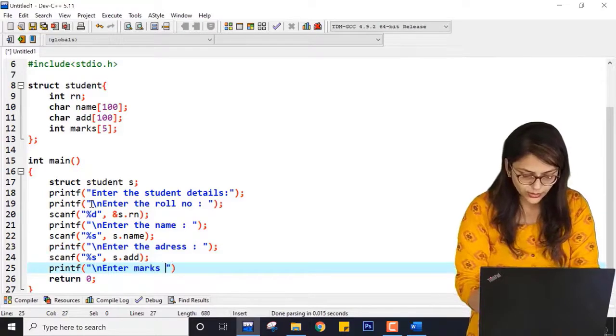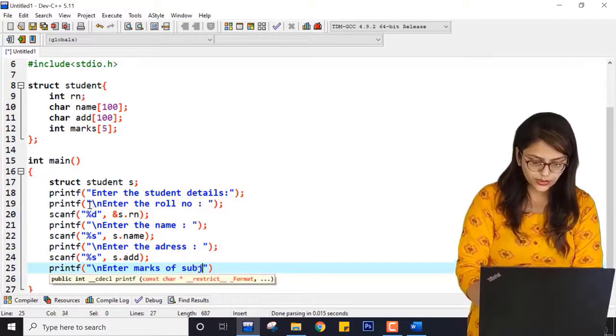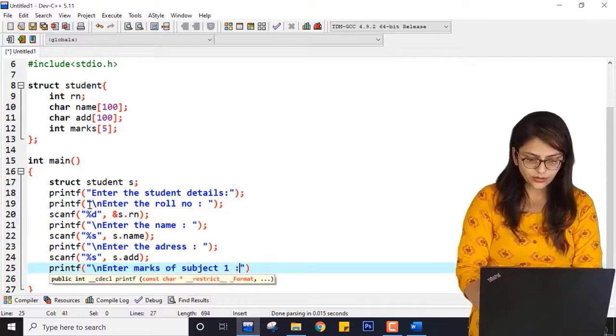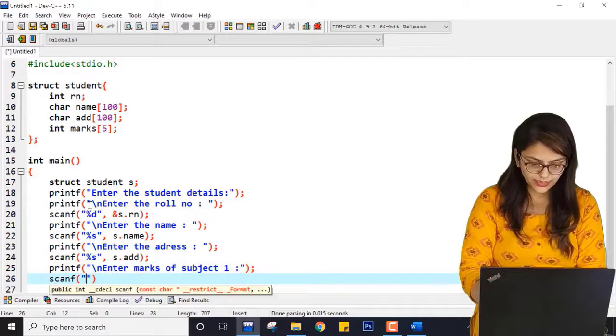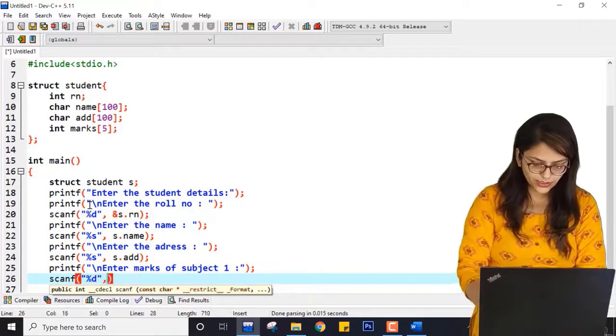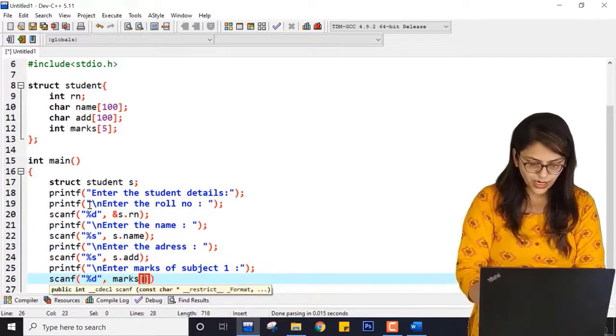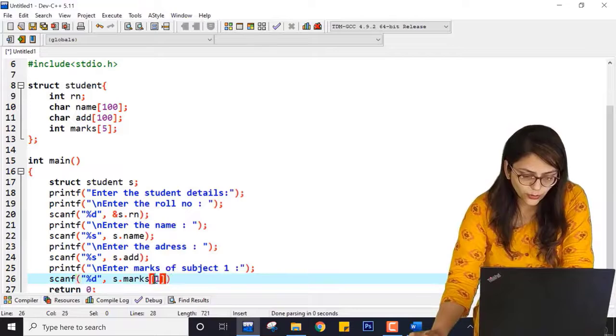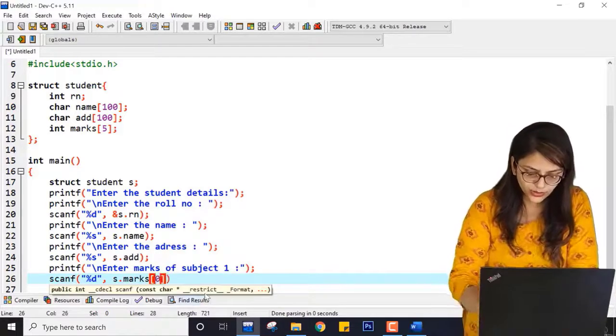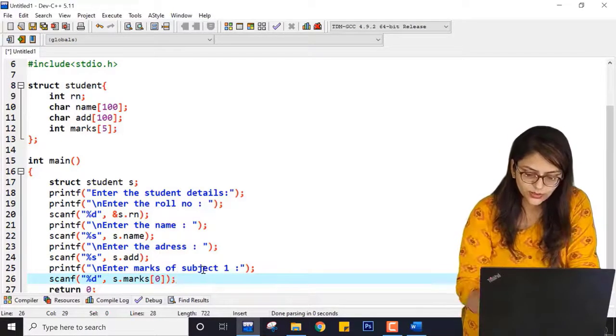So enter marks of subject 1, right? And here if I write scanf %d marks of 1, but whose marks? s dot marks. I hope you guys are understanding. So here it will be 0 because array starts with 0.